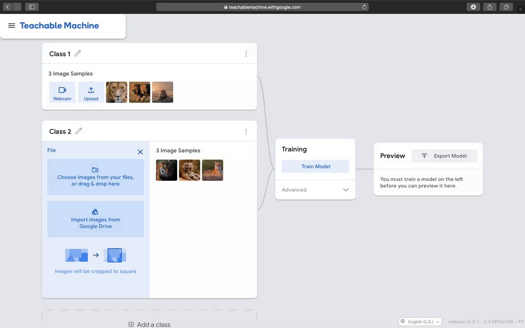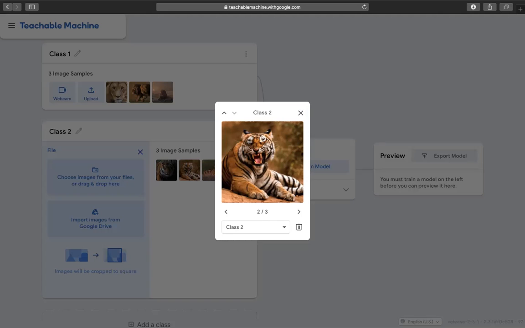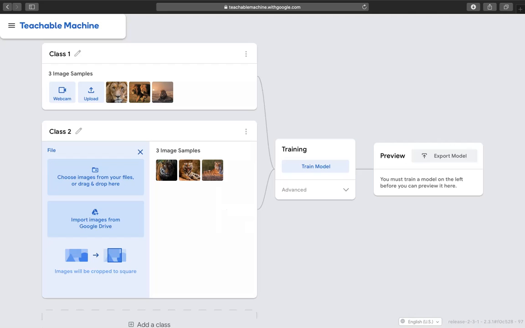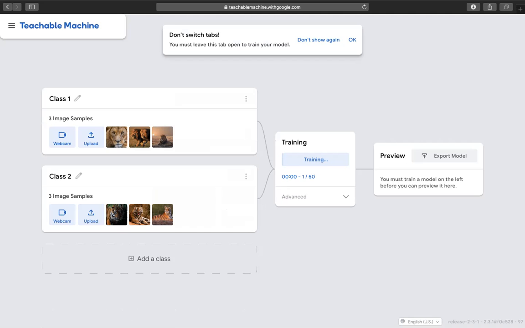So again, color-wise, the image RGB values are pretty similar, but it's whether or not the model can learn how to detect stripes. So we let our model train. It's training with the set of 6 images, so I won't be expecting a very high accuracy.